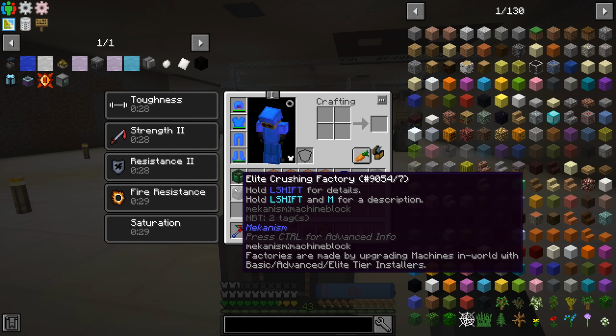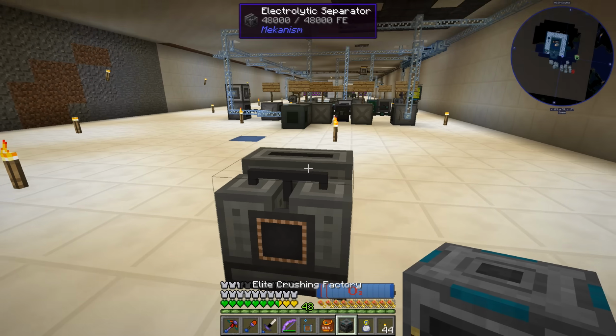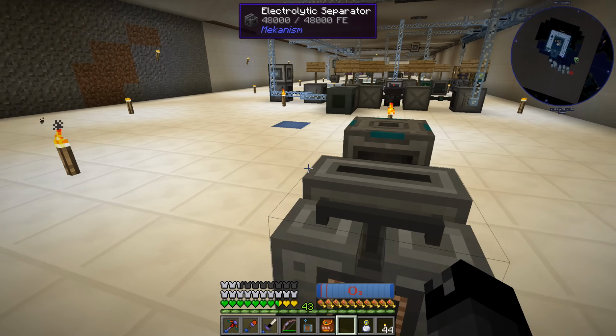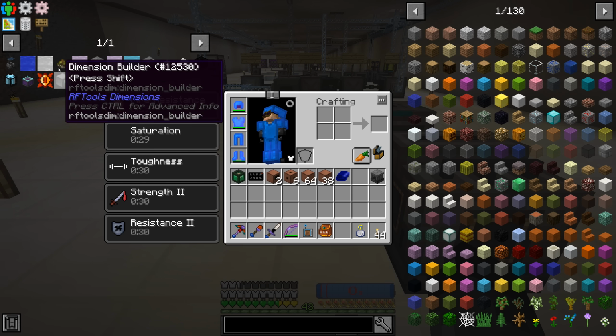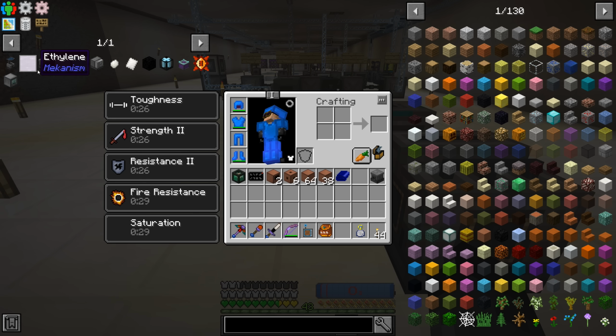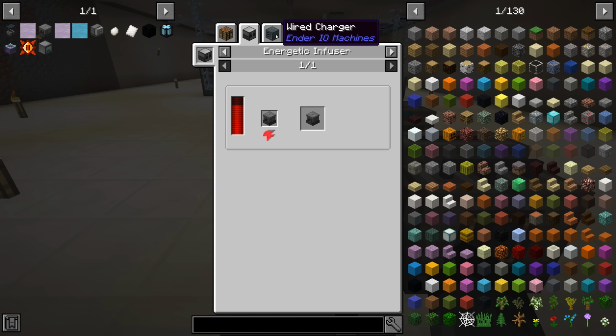Last episode, we also made an elite crushing factory. We'll just put this down here and pipe the pumpkins over into this. Not a big deal. Okay, so now that we have the hydrogen and the biofuel taken care of,